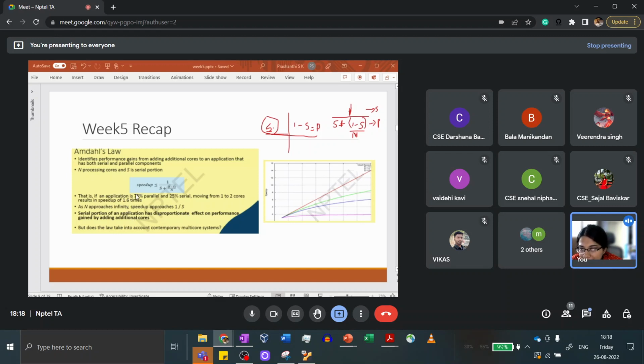So if you had an application where, let's say, 25% was parallel and 75% was serial, then even if you added an infinite number of cores, the benefit that you would get would be bounded by this 1 by S, which is 1 by 3 by 4. In that case, the benefit that you get would be less than 1.33 times, right? So this is what Amdahl's law tells you. And on the right, you also see the speed up curves for different values of S and P. I think I have a better diagram towards the later part of the class, so hold on till then. Let's not pay attention to this.